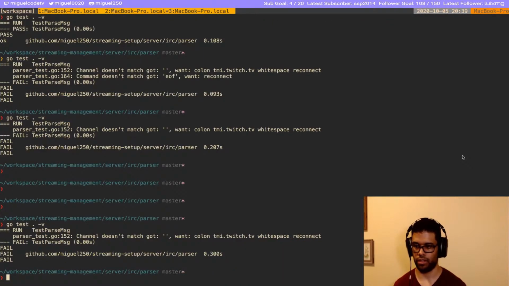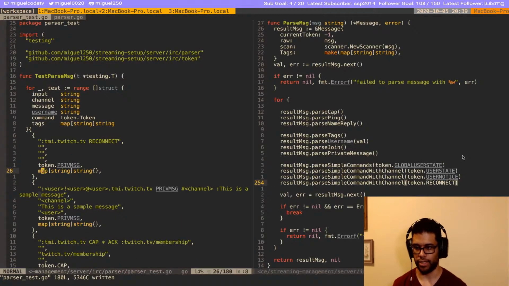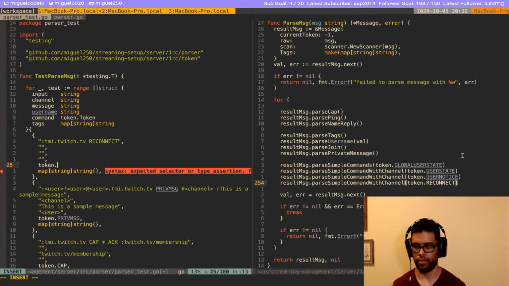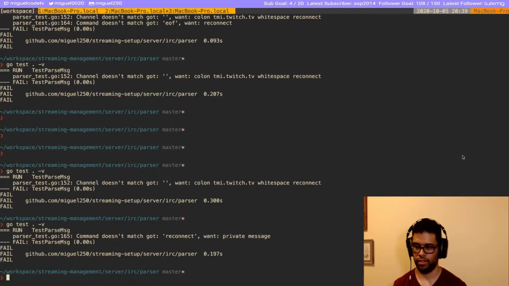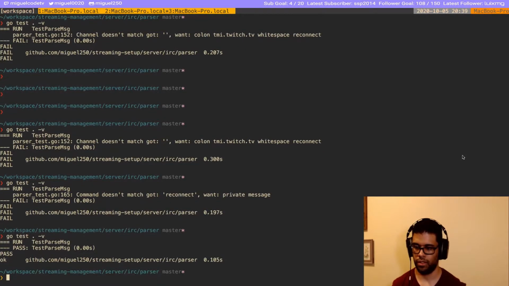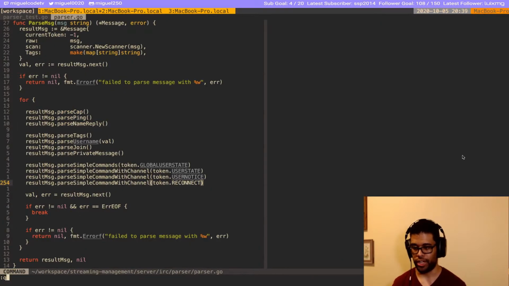Okay, so here I can just rerun this. And this is not right, it's supposed to be reconnect. Okay, cool. So that worked. So we have reconnect, and now our parser knows how to handle that.